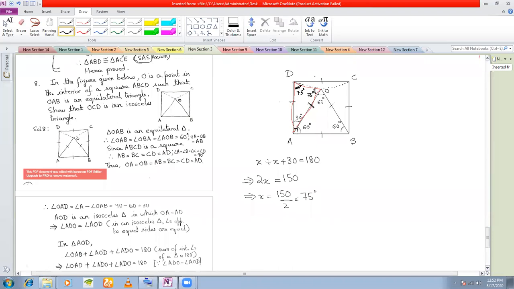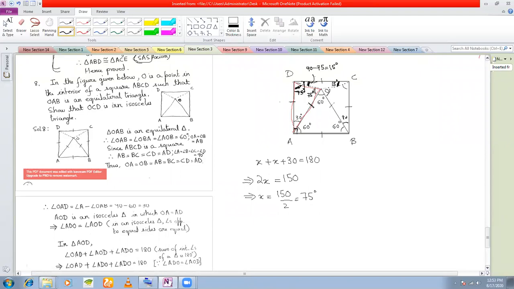If this angle is 75 degrees and this is a right angle, 90 degrees, then what is this angle? This angle is 90 minus 75, which is 15 degrees. Right or wrong? Any disagreements till now? No, sir. So this is 15 degrees. Similarly, I can show that this is 15 degrees also because the figure is symmetrical about this side also. This is again 30, then again this you will find to be 75. So instead of doing all that, you can say similarly this angle is also 15 degrees.